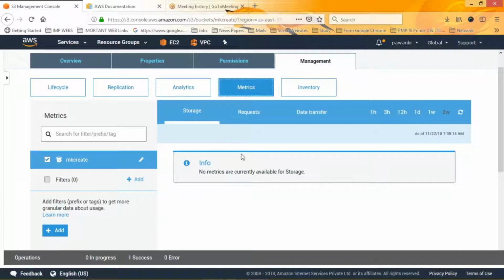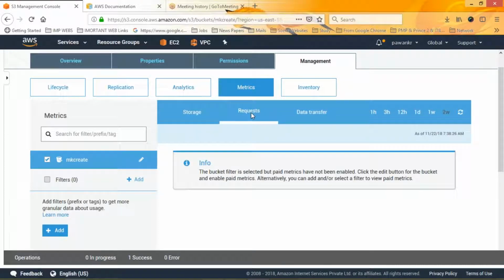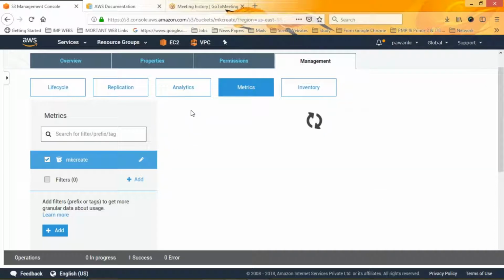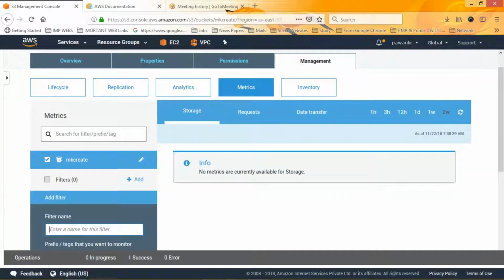How the data is accessible, who is going to access the data, how many requests we have got for the data, and how the data is transferred. So you can see how much money you have to spend on the particular storage, right? So you can simply add a name and provide the metrics create